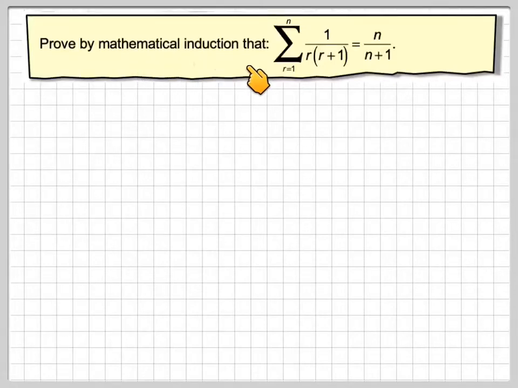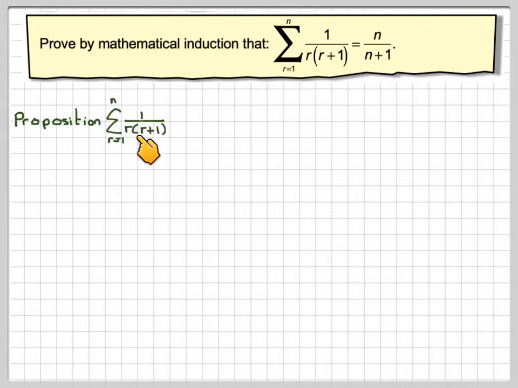proved by mathematical induction that the sum from r equals 1 to n of 1 over r times r plus 1 is equal to n over n plus 1. Now, in the previous video, we did this by a more direct method. However, the proposition is the sum from r equals 1 to n of 1 over r times r plus 1, writing out a few